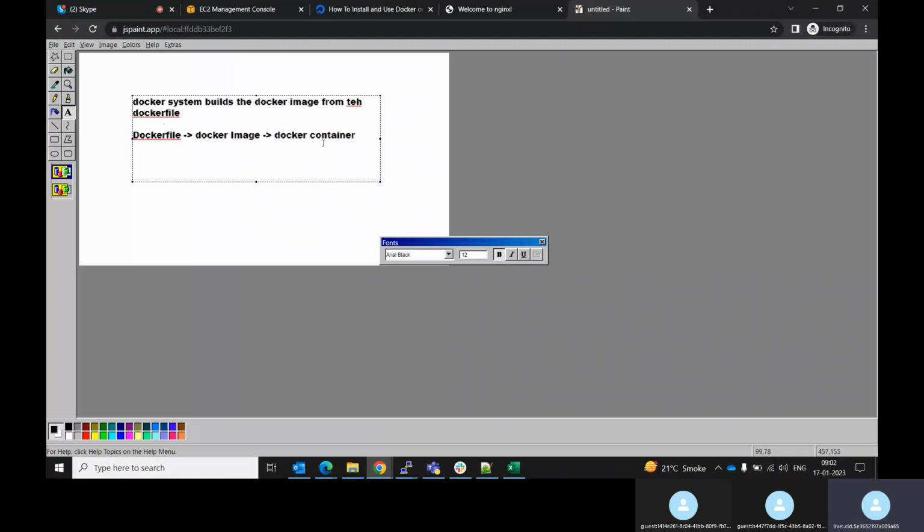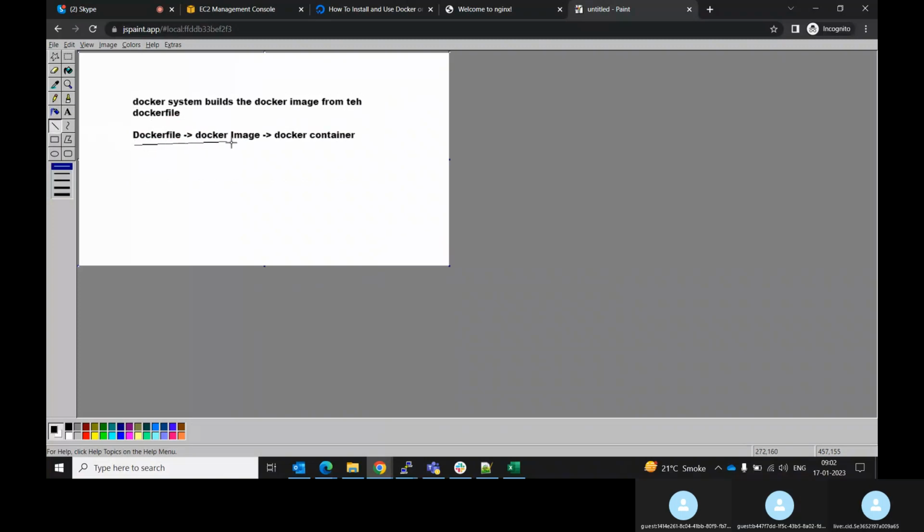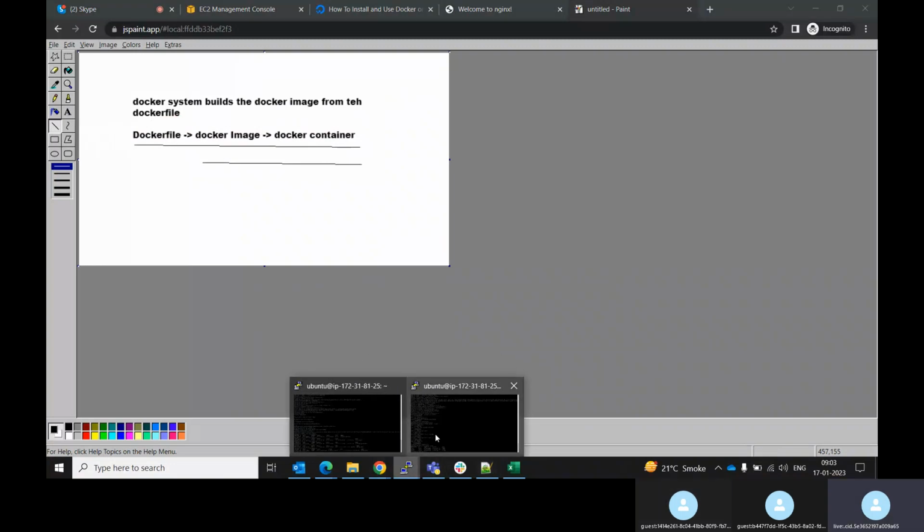This way it works. This is the straightforward way: Dockerfile, Docker image, Docker container. The other way, it goes up from Docker container to Docker image. With the Docker container, you can rebuild the Docker image. The reverse is possible. But with the Docker image, you will not be able to build a Dockerfile. So here, if you see,